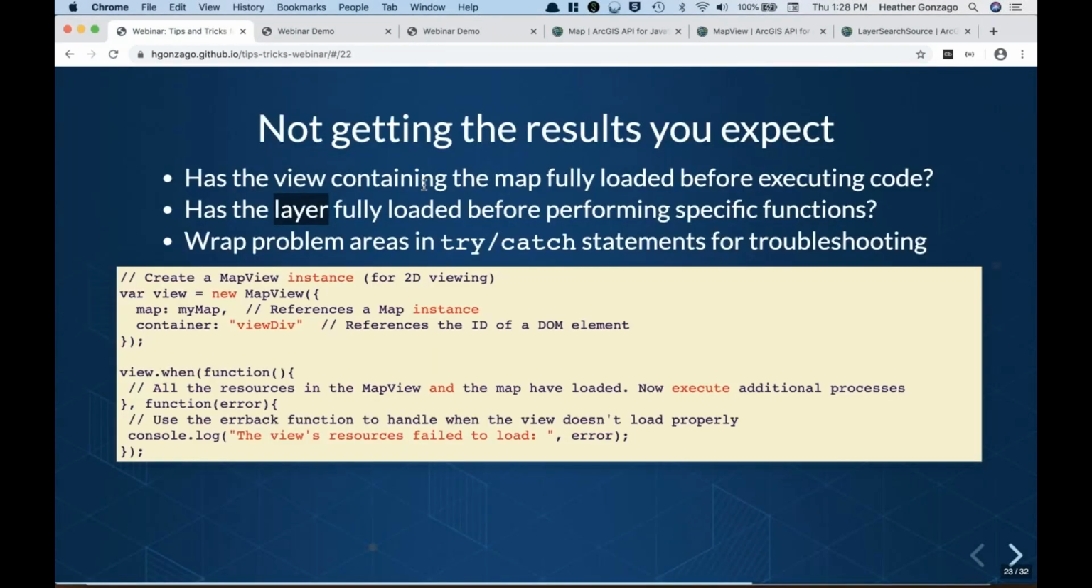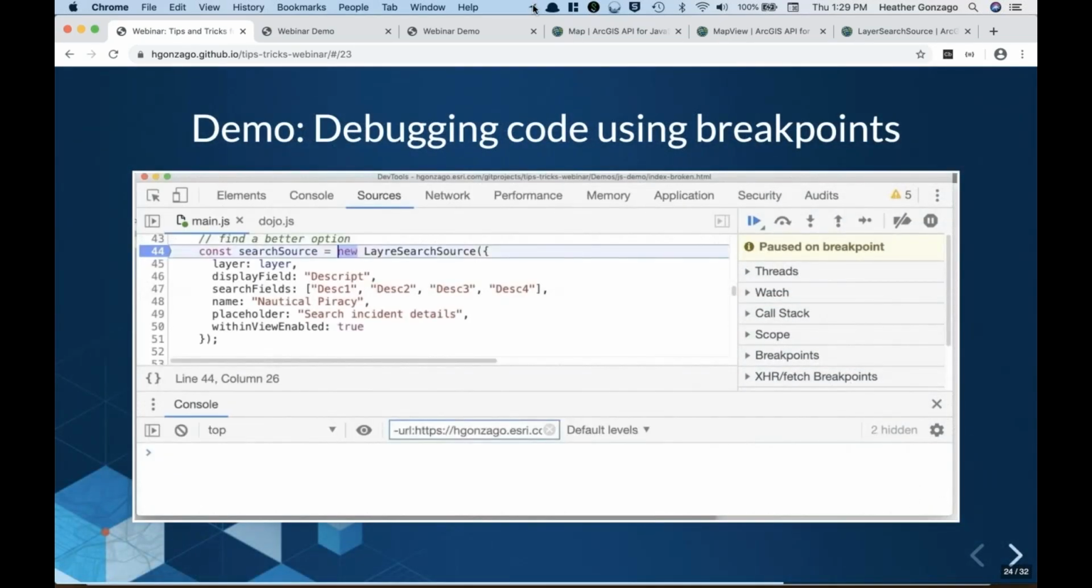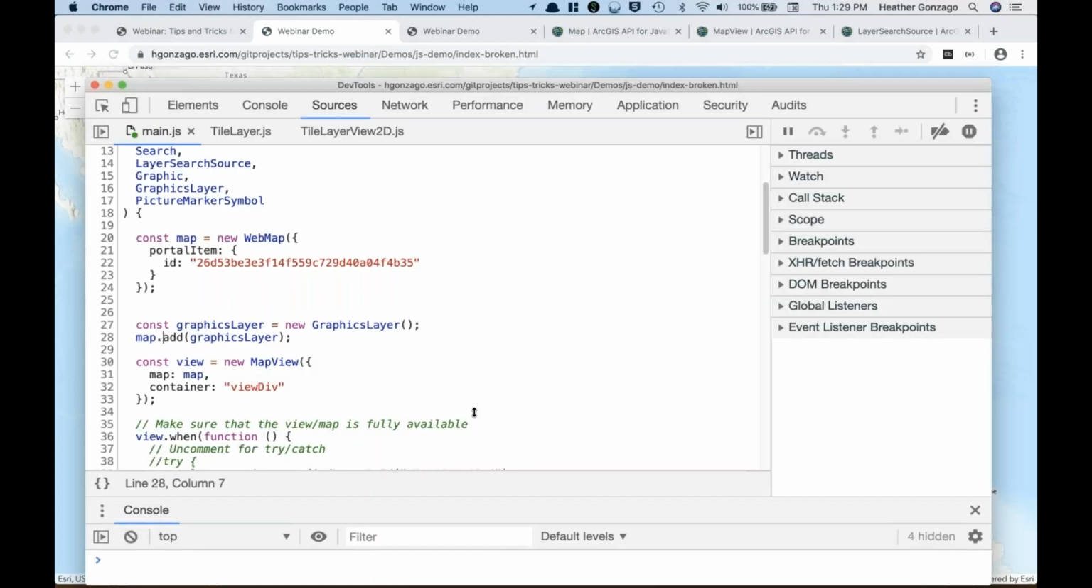Awesome. Okay. And then lastly, maybe you've tried all of that and you're still not getting what you would expect. This is when just a standard old try-catch statement really does help for troubleshooting what the actual problem might be. So let's go in and show another demo. I'm going to show you guys how we can go in and figure out why this search widget is not showing up. So I'm going to run it